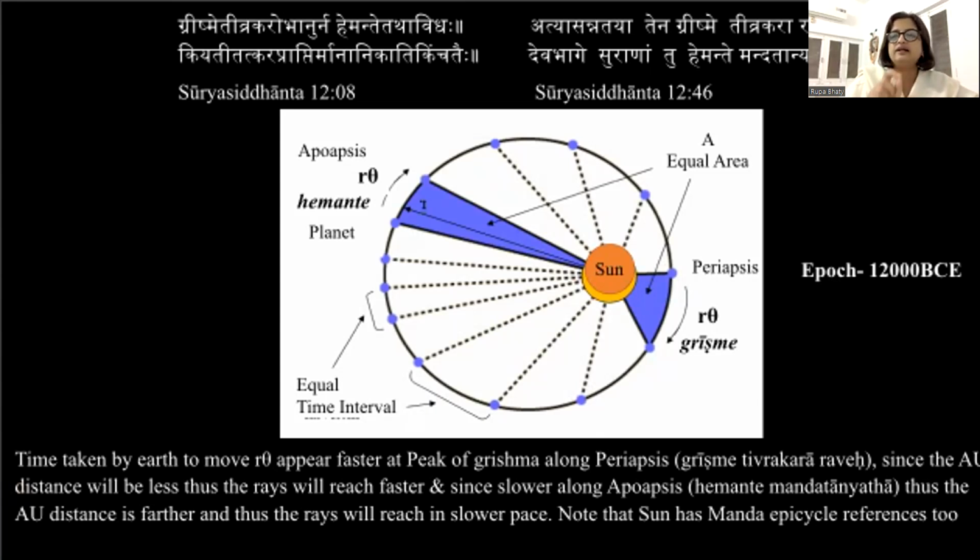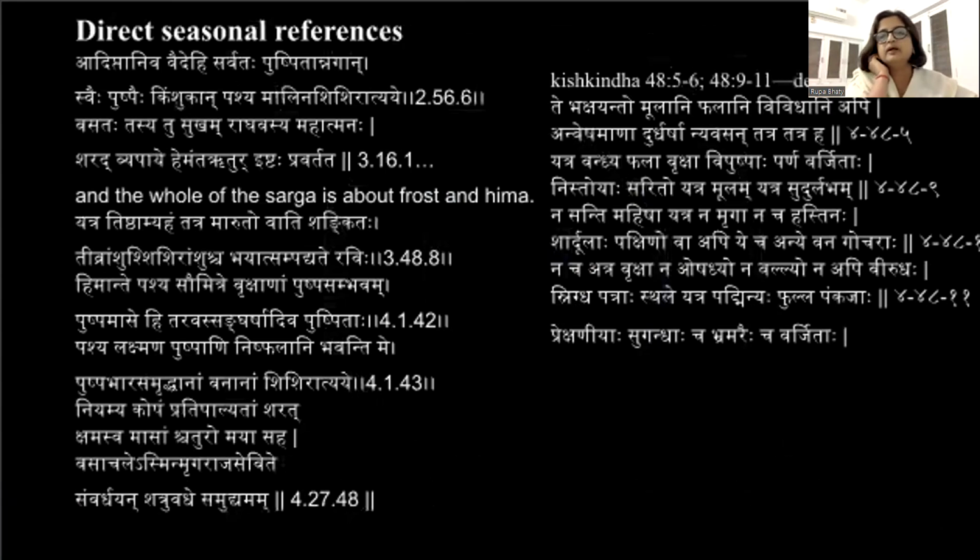Note that Surya Siddhanta has Manda and epicycle reference too. That means that one Manda was known, other than the Shigra. But for the Shigra, here the word Tivra has been used, and Tivra kararave, and kara means the rays of light of the sun. So what are the references that we get from Ramayana? I have given them here. In every Kanda, there is a reference to something remembered from the past or experienced during that time. It has been very beautifully mentioned about the